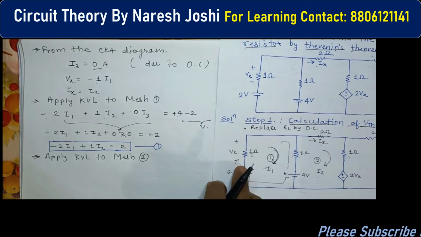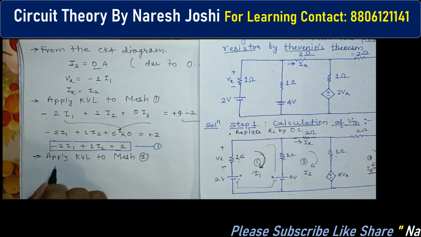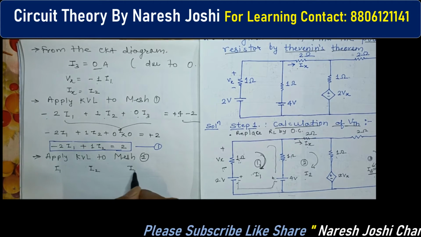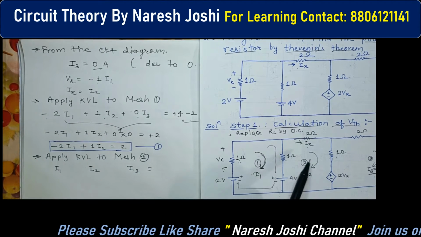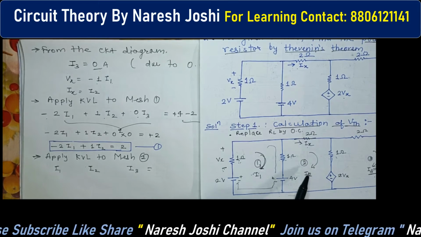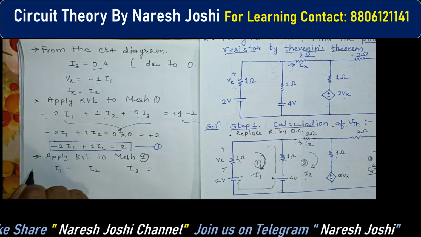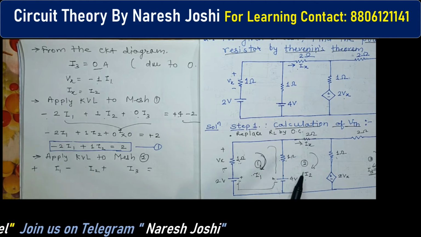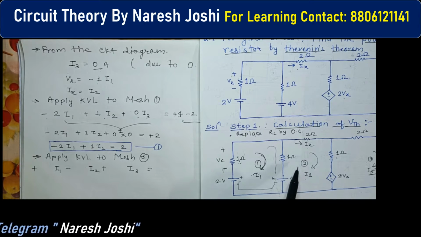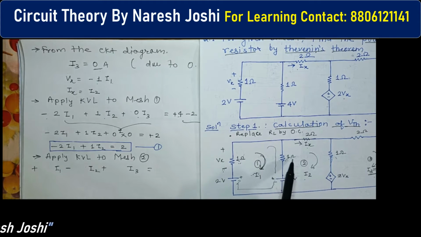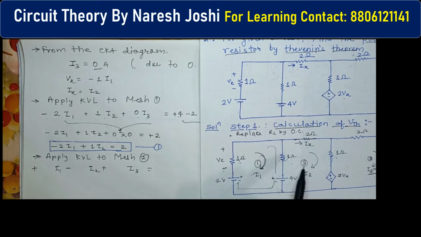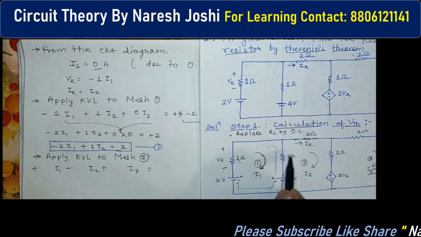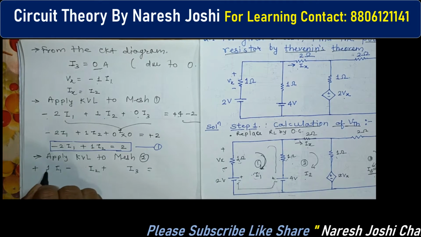So again we will directly note down I1, I2 and I3. Clear? We are applying the KVL to mesh 2, so this will be the minus, remaining all will be positive. Now we have to write down the magnitude. We have to check through which resistance of mesh 2 current I1 is passing. Only here you can see the 1, this is the resistance which is common for mesh 1 and mesh 2. So I1 is passing through the 1 ohm resistance, which is also in mesh 2. So I will write here this is the 1.